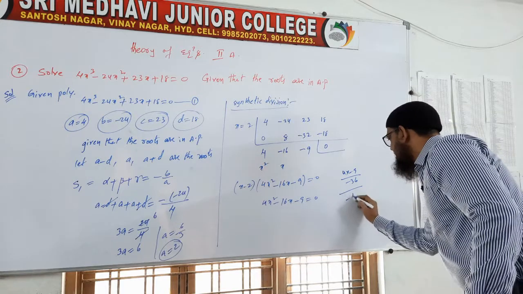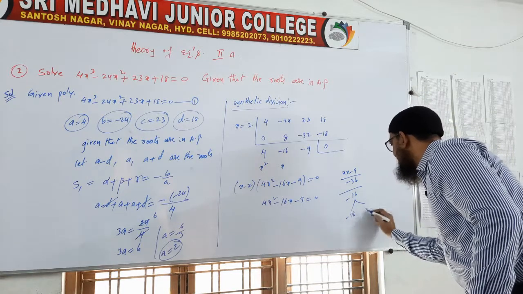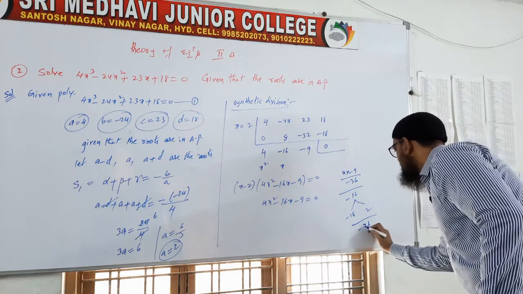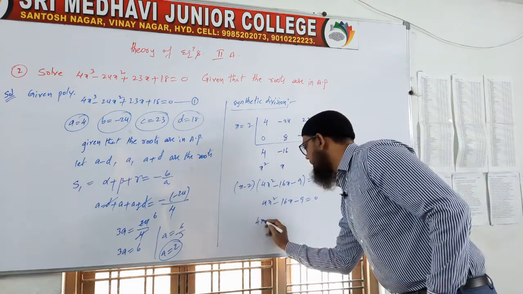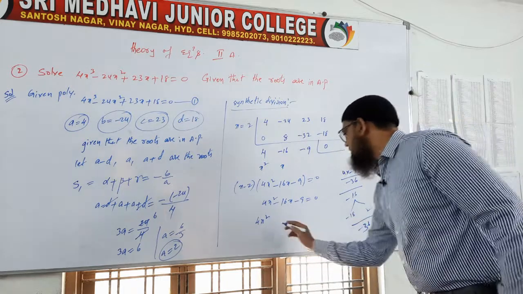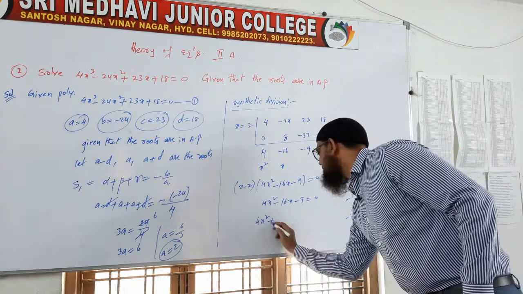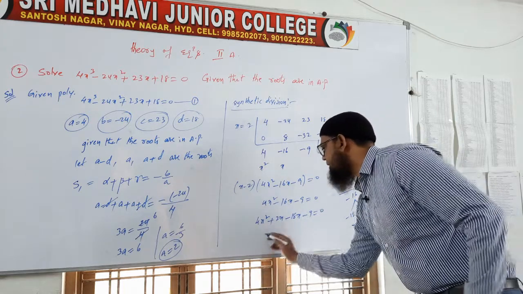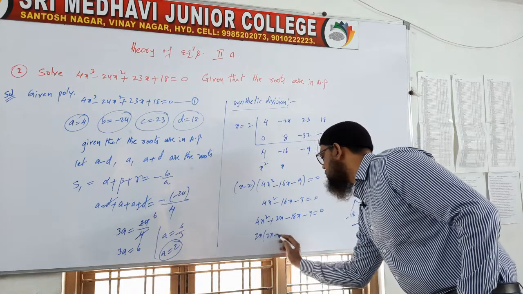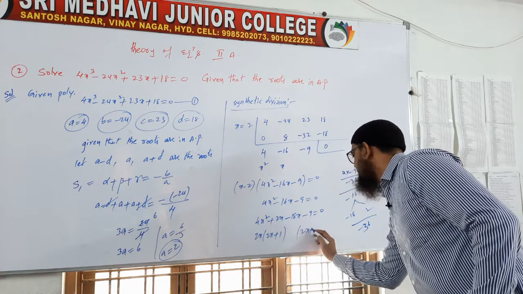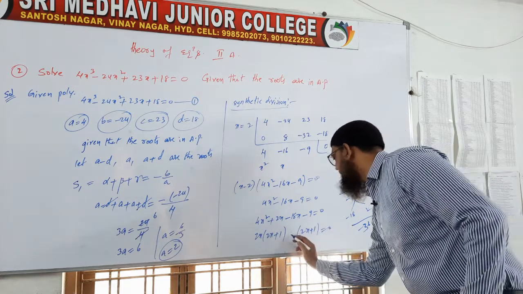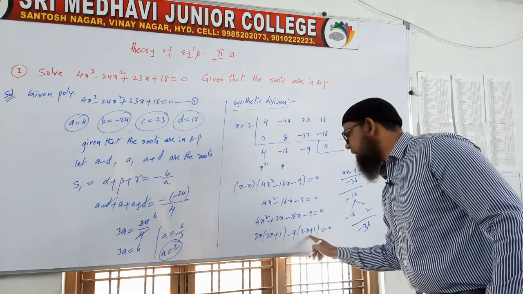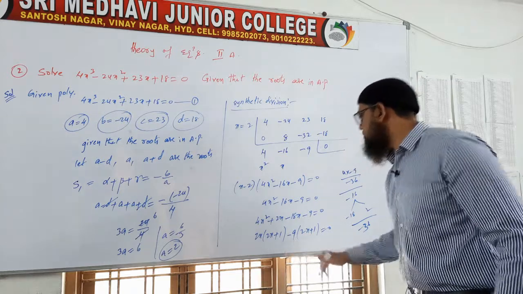I want minus 36. How to get? The middle number is minus 16. So one side I am taking minus 18 and 2. Minus 18 plus 2 means minus 16. 18 twos are 36. So our work is over. So how to split 4x square? One side we are taking plus 2x this side and minus 18x here, minus 9 is equal to 0. In this, taking 2x common, you will get 2x plus 1. So 2x plus 1, and minus 9 we have to write outside of the bracket.